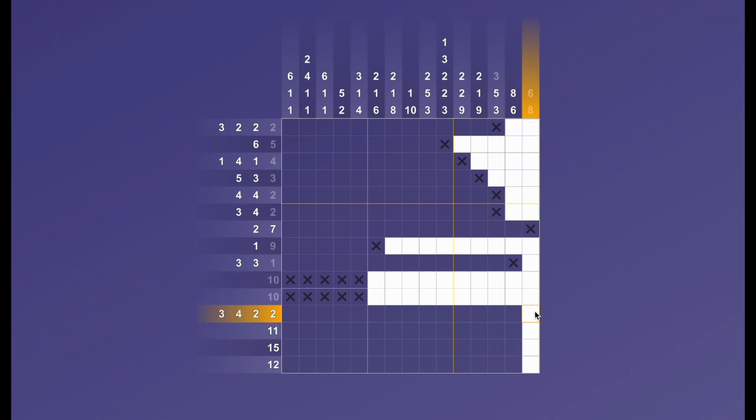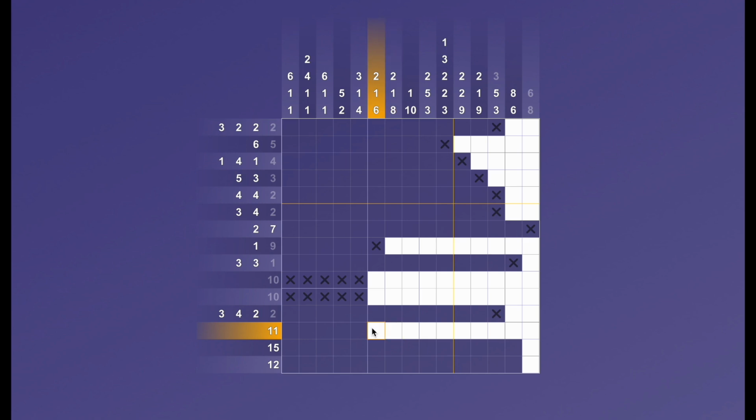This one has 2, so 1, 2, and X. This row is 11. 1, 2, 3, 4, 5, 6, 7, 8, 9, 10,